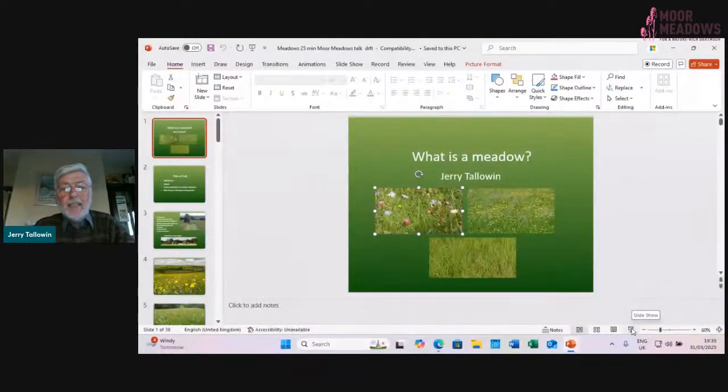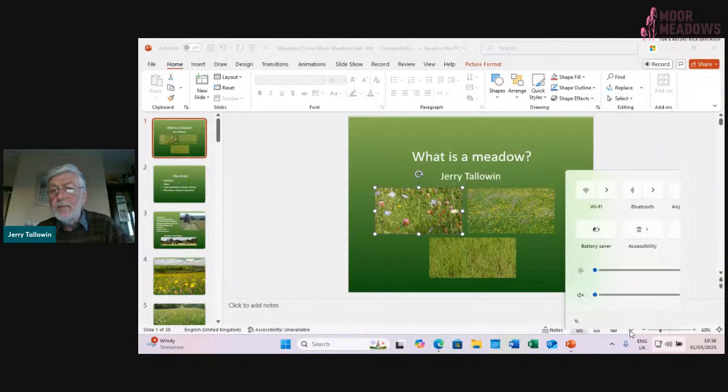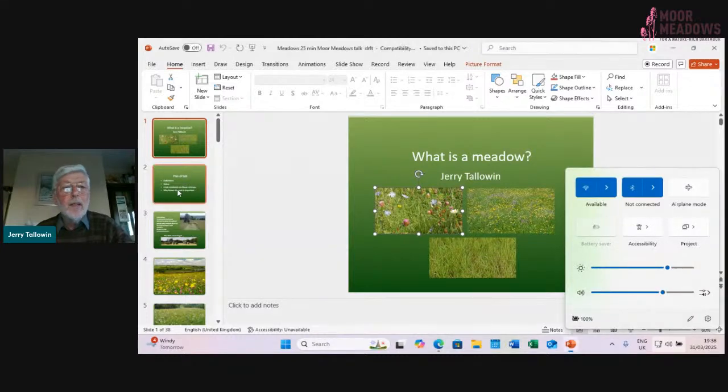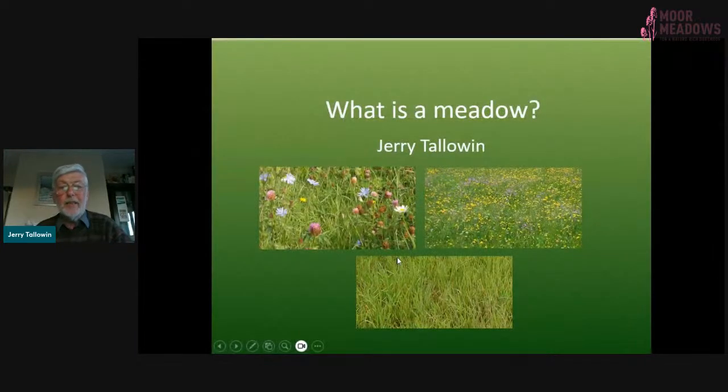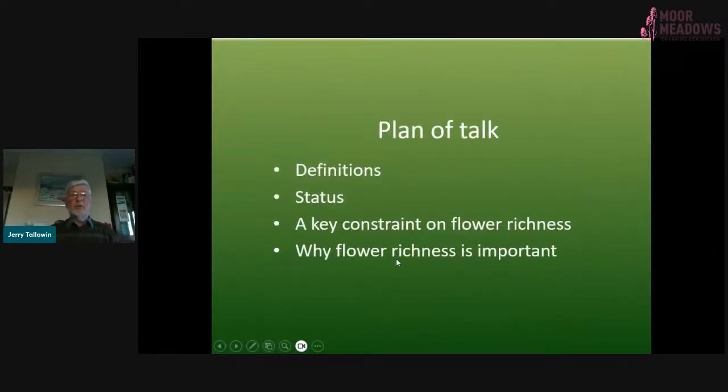Now, what I plan to do in the next 30 minutes is to take you on a virtual tour through meadows to just really show you how special they are. Now, the plan of my talk is, in fact, just let me make sure. Why am I not getting it to show? There we go. Right. The plan of my talk is, first of all,